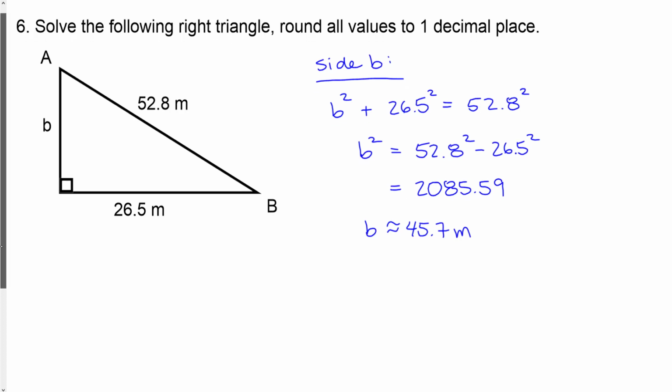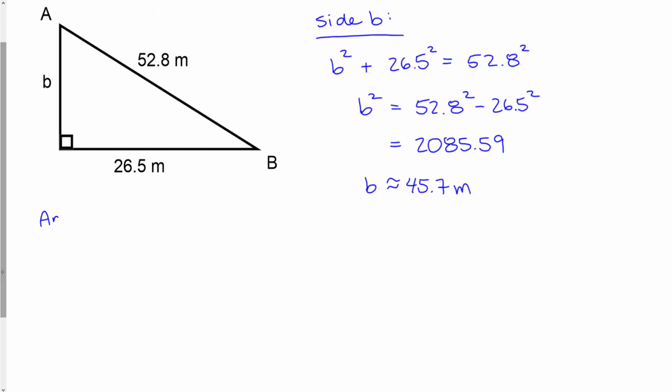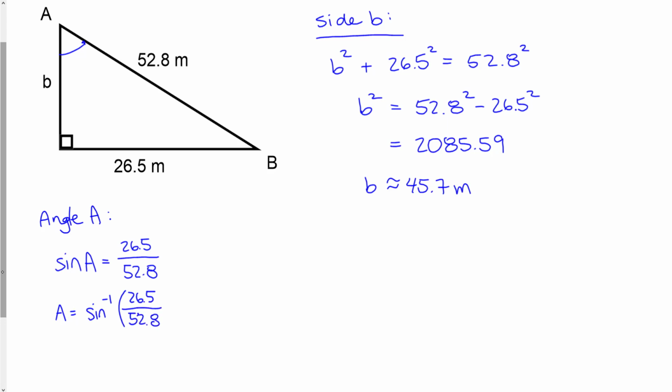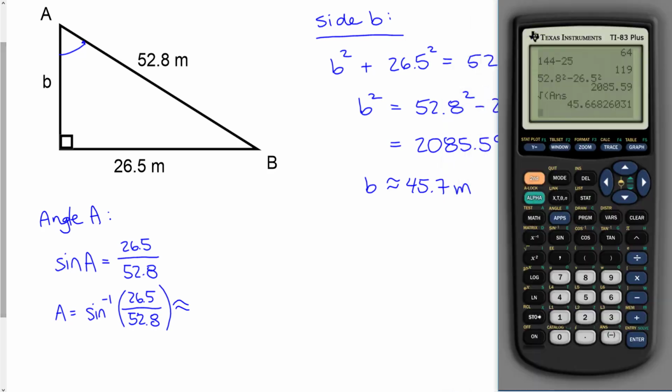Alright, now we need to solve for some angle measures. So I'll start with angle A. To solve for angle A, it's this one up here, I notice I have the opposite side to that and the adjacent. So I could say the sine of angle A is 26.5 over 52.8. Or A is the arc sine of that. So that is going to be approximately, come over here on the calculator. I'm just going to make sure I'm in degree mode. Good. So arc sine